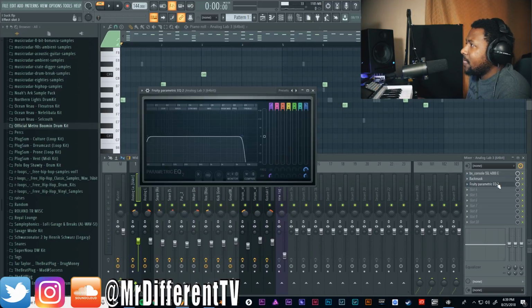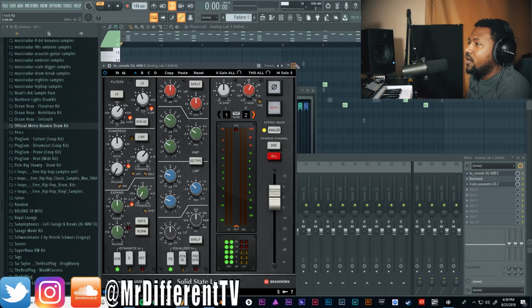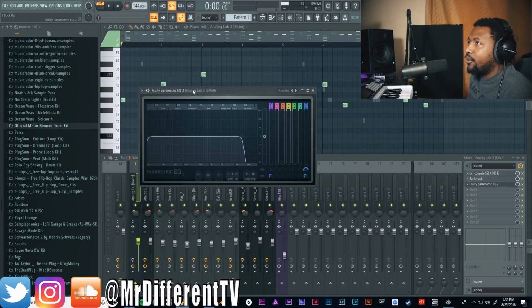I love it. And then I had an EQ to cut some of the highs, and I'm also using my SSL to cut some highs as well, because without it, it sounds like this. It's really bright. And then with it,